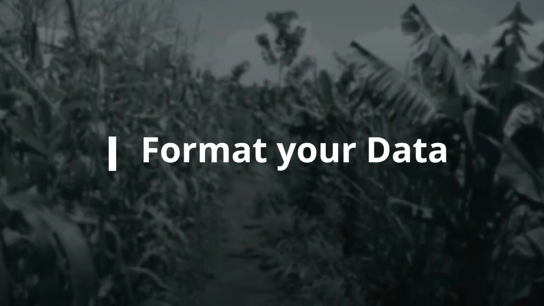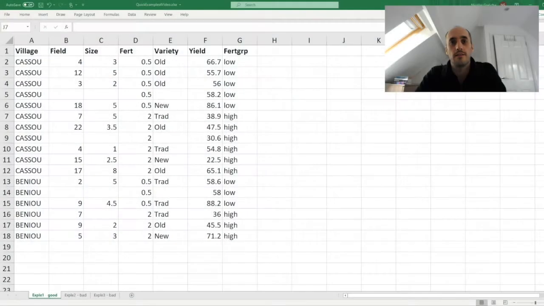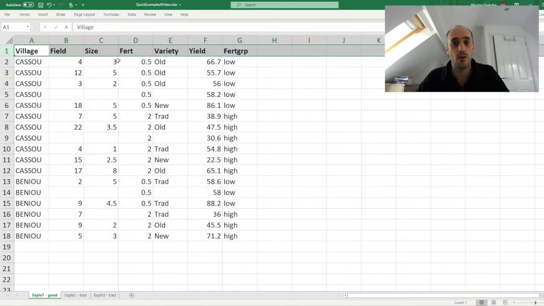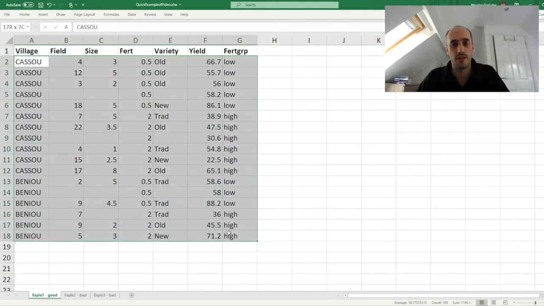The object that R is using to store data is the data frame. A data frame is a rectangular structure with a set of columns and where all the columns have the same length. For the importation to go smoothly, your data should be in a similar rectangular format, like the data that you see here on the screen. We have one single rectangle of data, a first row containing all the column names, and right below it, we have all the values of these columns, and all the columns have the same length.